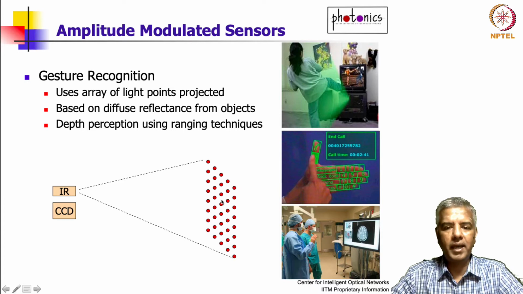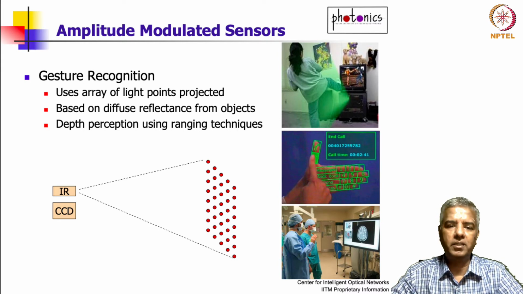But whatever is scattered from the object is going to be captured using a CCD array, and the CCD array may be programmed to see this image of dots, the silhouette of these dots, and based on that it will be able to sort of figure out the periphery of the object that's scattering light from here,